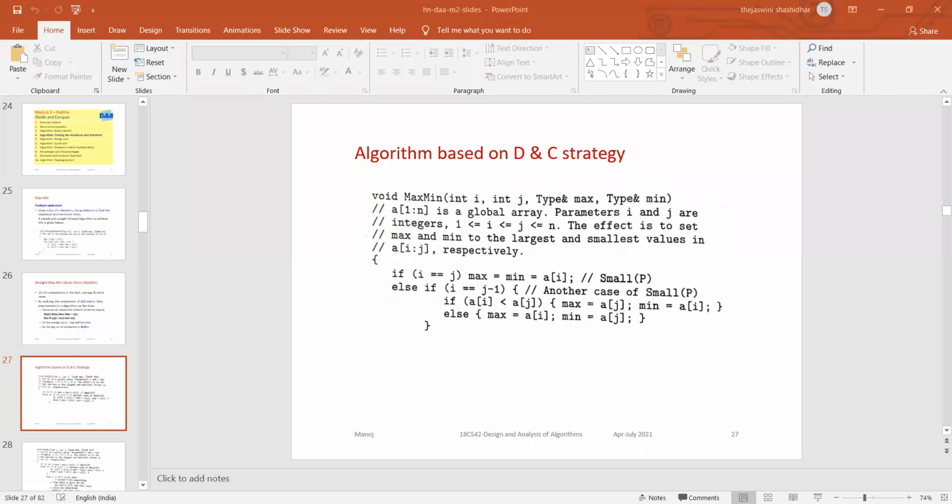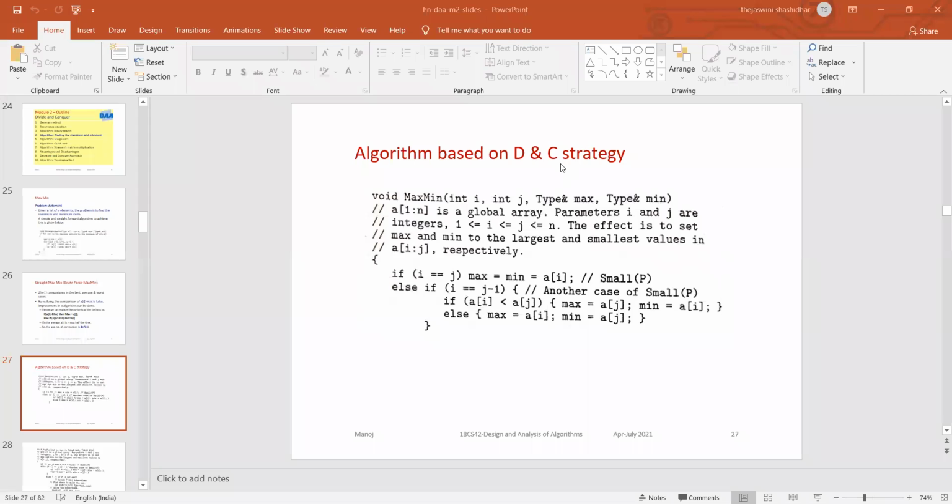So I is pointing at 1. That means 1 is the first element. So j is equal to I, that means j is also equal to 1. So if I and j are both pointing at 1, how many elements will be there? There is only one element. So that is the answer. Now you come to the divide and conquer strategy.